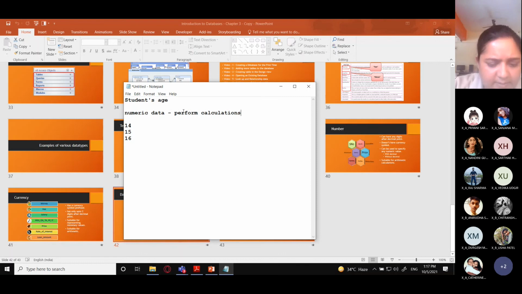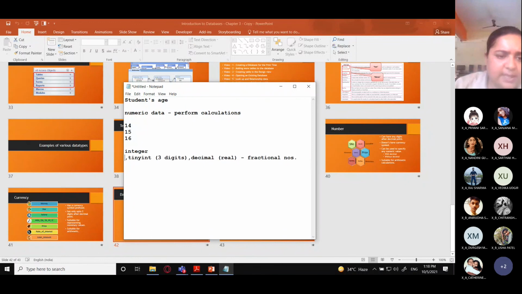You have integers, right? You have tiny int, which is a kind of integer which can only store a number of up to 3 digits. Then you can have decimal numbers, which are real numbers, and real numbers are those which contain fractional numbers, numbers with a decimal point.